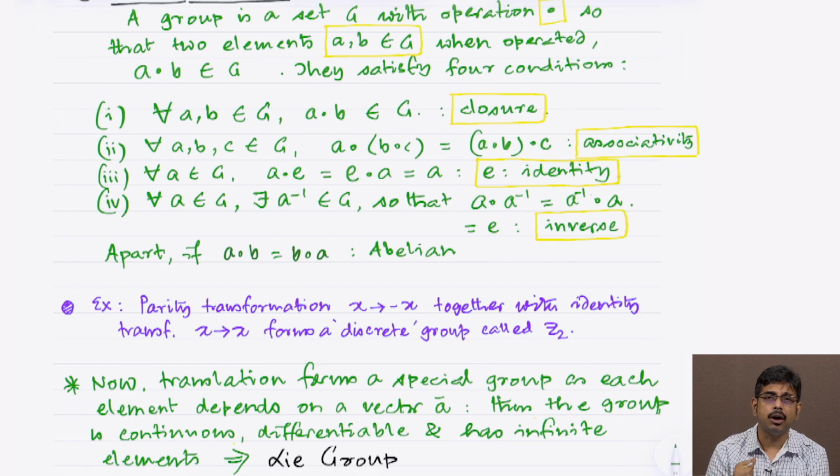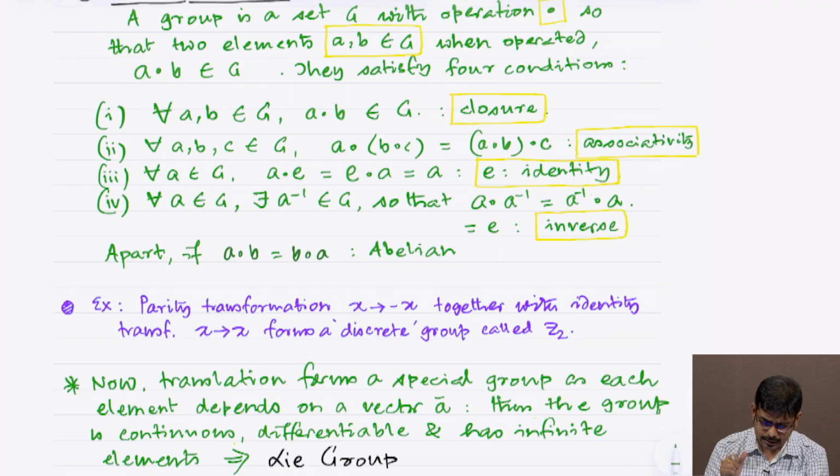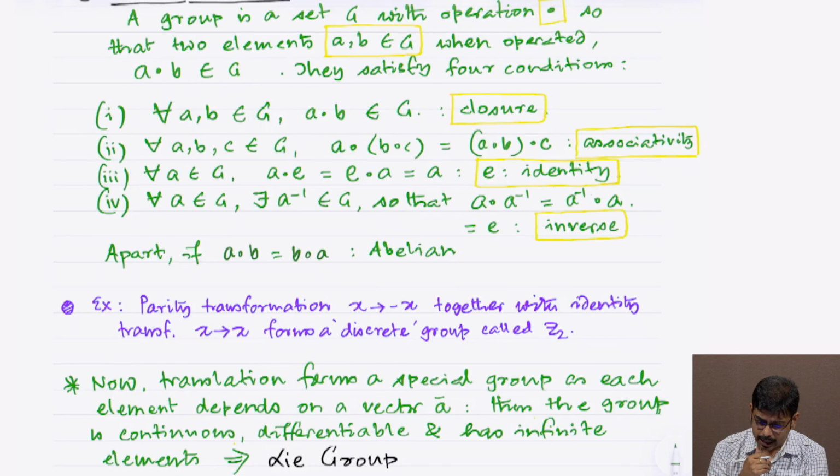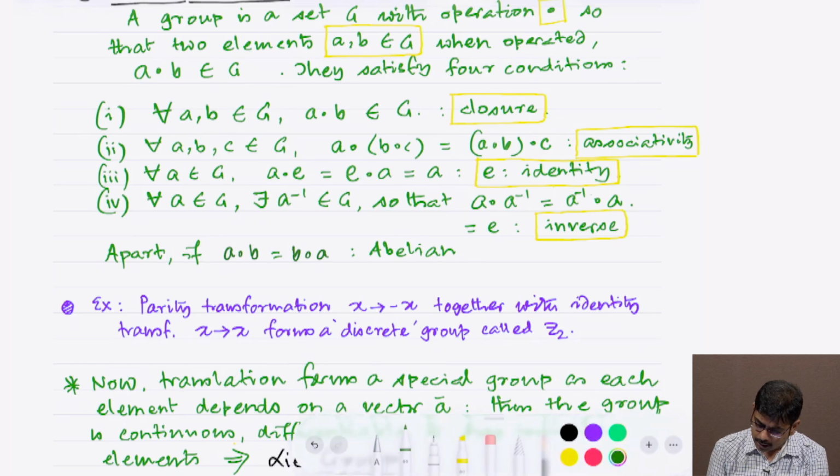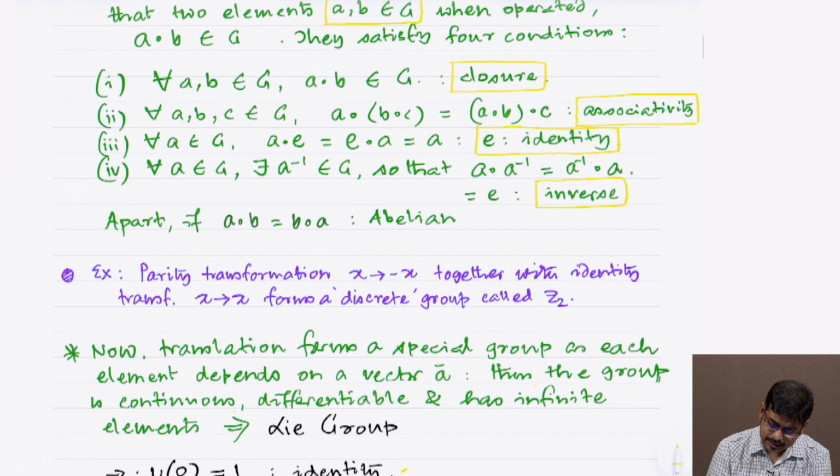For example, if you think of matrices, the question whether all n cross n matrices form a group, the answer is no. However, that is something you should work out, but of course when you do matrix multiplication, the order becomes very important. A multiplied with B is not equal to B multiplied with A. So, if you think of matrices, this property is never followed, but whenever this is followed, the group is called